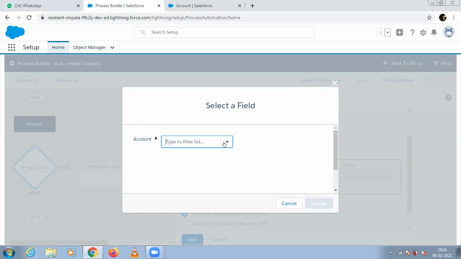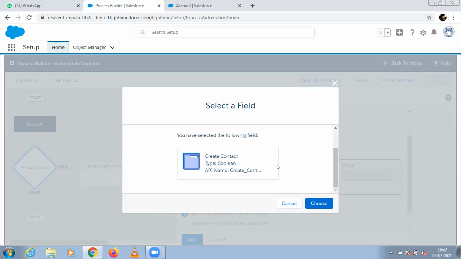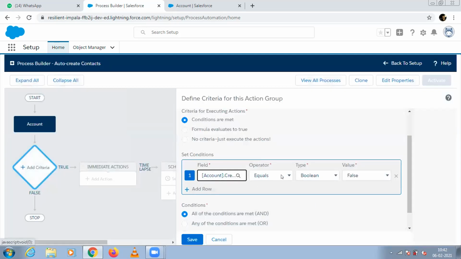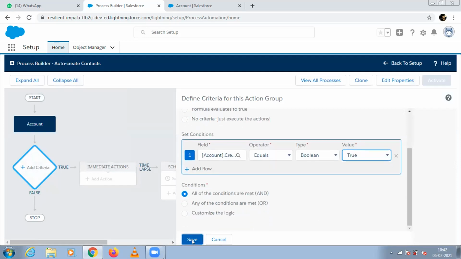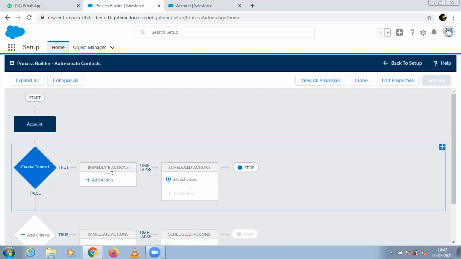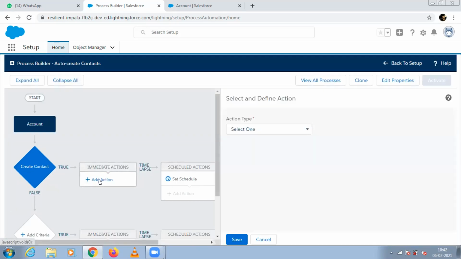So what I want to use, I want to go to this create contact. No, sorry, here in the account. So I have selected this field, which equals true. This is the criteria I have selected. So what happens is that when create contact is set to true, then what I want to do is,